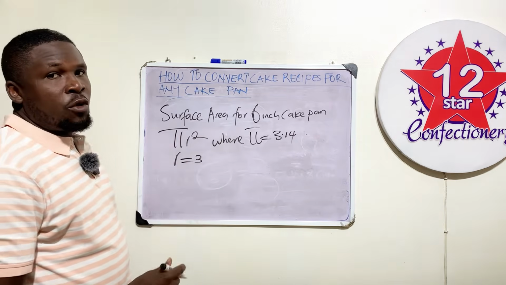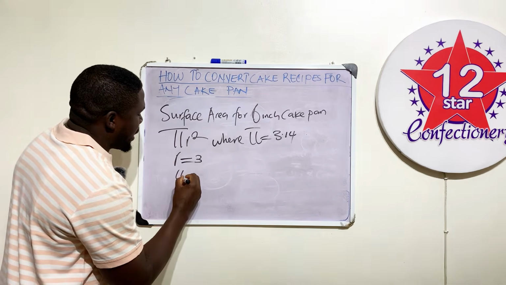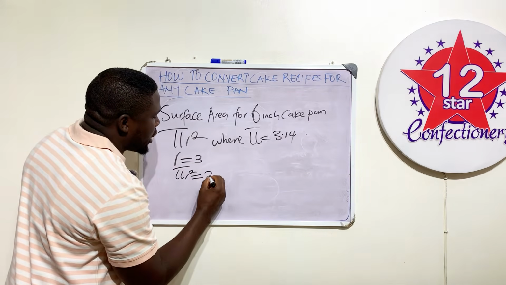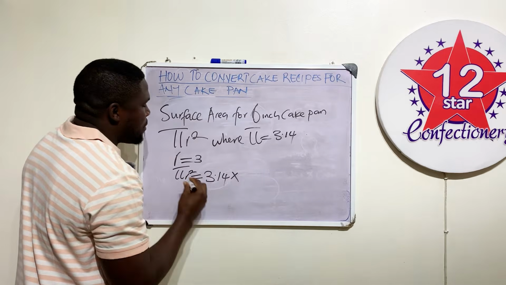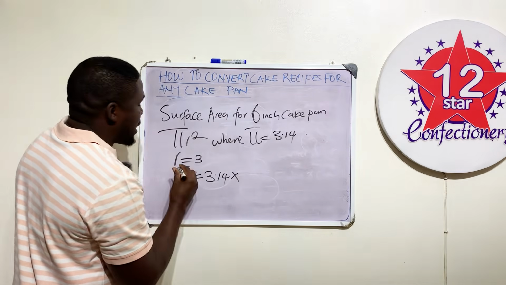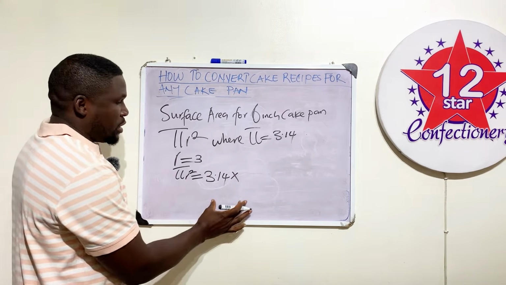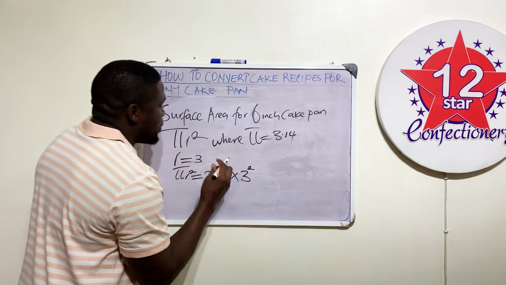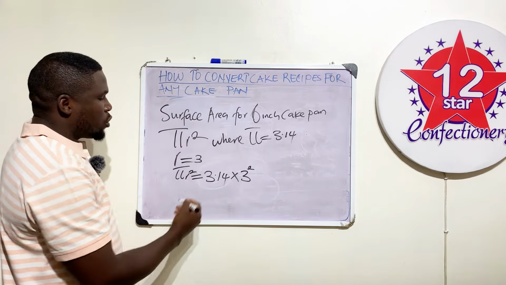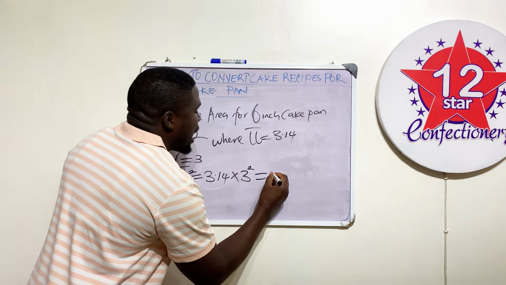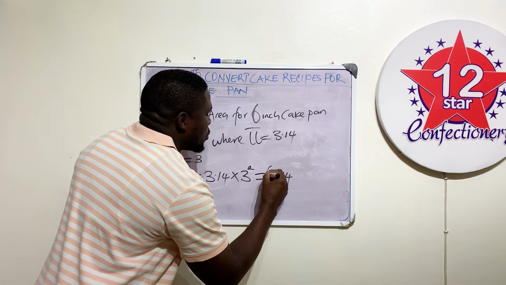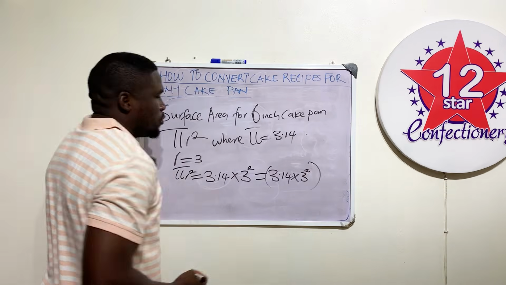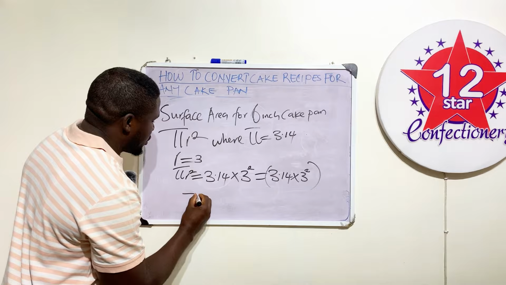So imputing it in the formula, I have that my pi r squared is equals to, my pi is already 3.14 multiplied by my radius, and my radius is 3. I showed you how we got them. Yes. Do you understand? Yes. So my 3, I am now raising it to square because the formula has square. So in this case now, we have 3.14 multiplied by 3 squared, which will give us